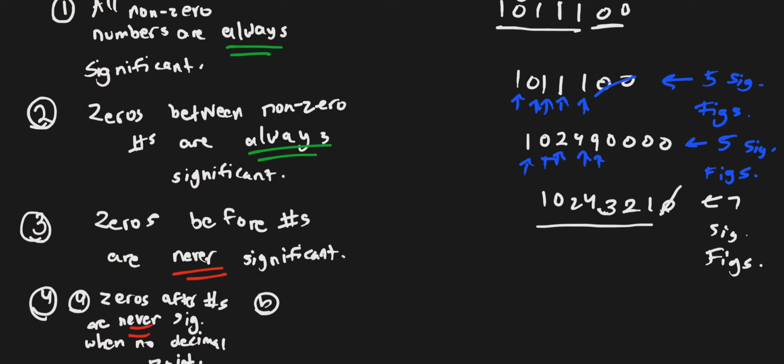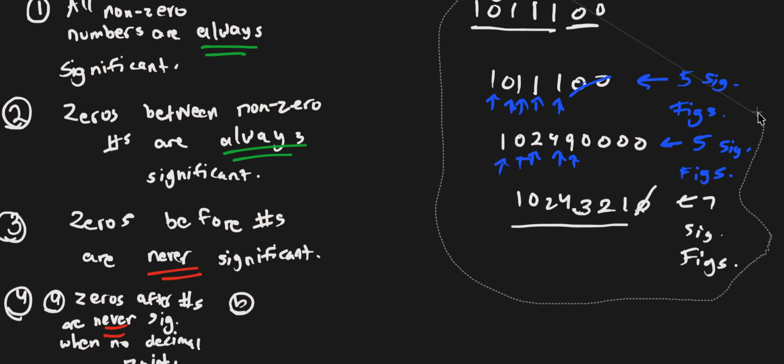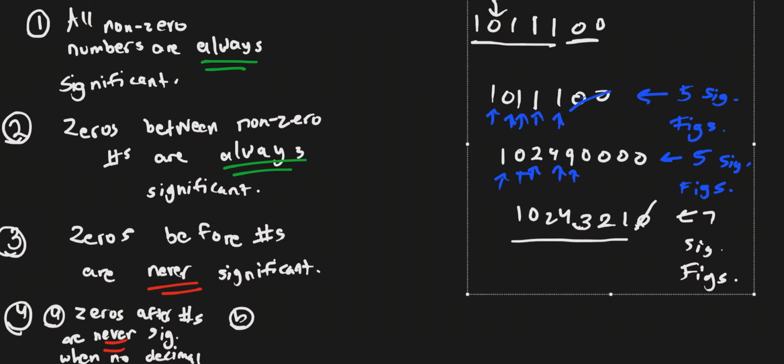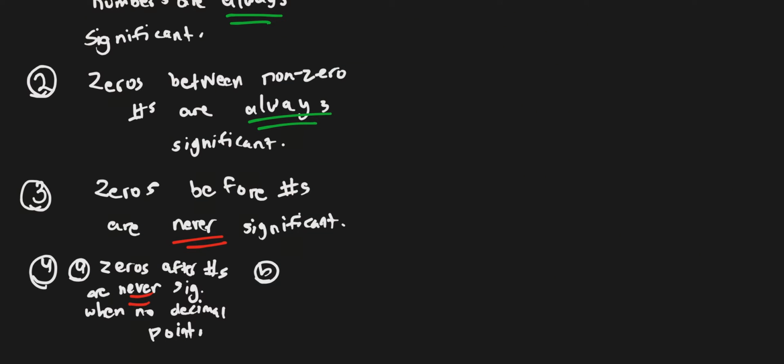Not too difficult, hopefully. Very simple. Now let's do the last part. What if we do have a decimal point? I've been talking about decimal points too much, and it's kind of interesting. What if we do have one? Well, if we do have one, so zeros after, so we're still dealing with after, that's why it's A and B, after numbers